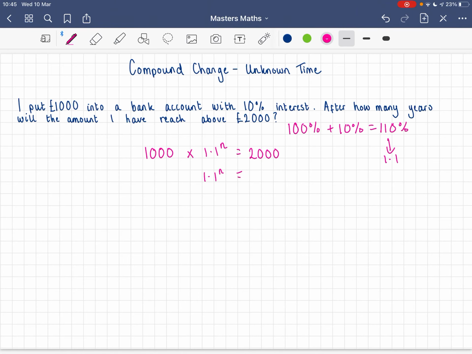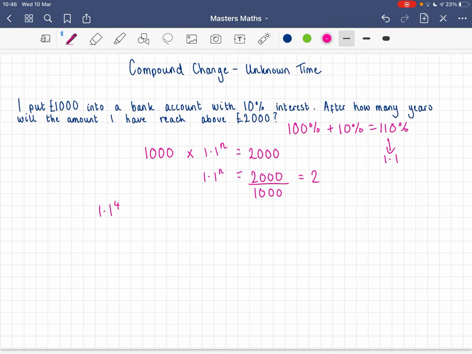So I'm going to divide that 1,000 over to the other side. So 2,000 divided by 1,000 is 2. So I'm looking for a power of 1.1 that gets me as close to 2 or above 2 as possible. And again, there's no way of doing that other than just trying some values of n. So I'm going to start quite high because I can always make it smaller, but I'm going to start with 1.1 to the power of 4,